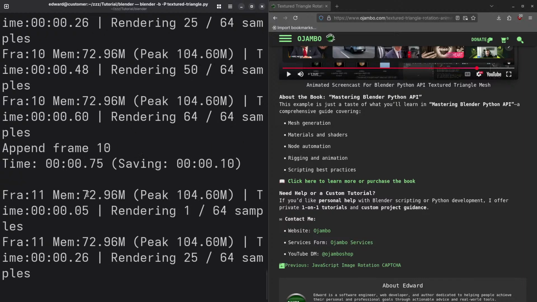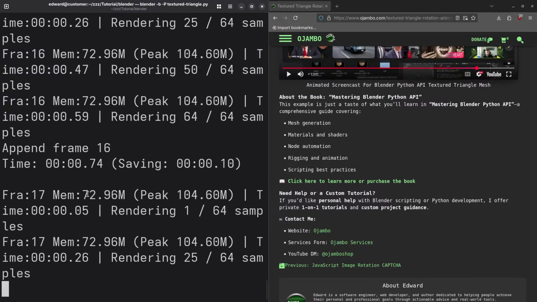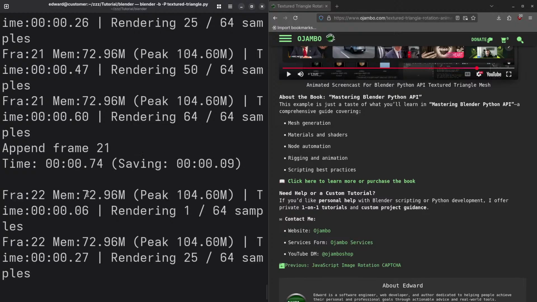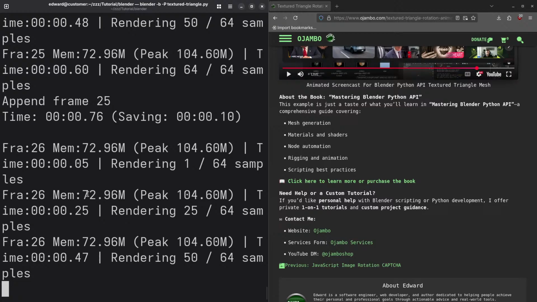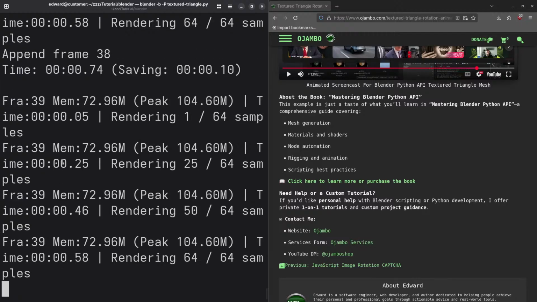If it had the UI, every time it changes it has to draw and update the UI, so that's slower. So it's much faster when it's on the command line. If you see right now, we are on frame 30 and we have 120 frames. Obviously if I made this maybe 25, it'll go a little bit faster, and you can see it's zipping